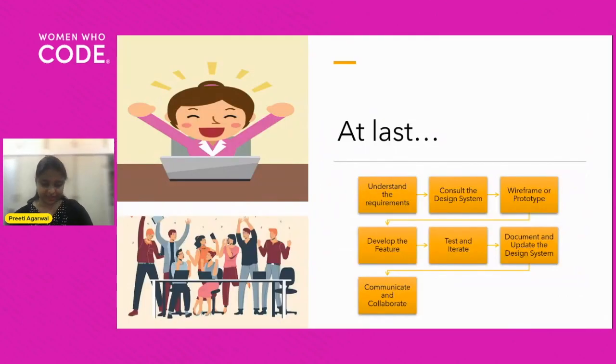Now I come back to my story, that the team did all these that I have told you so far about design systems, and they were so happy. The team was very happy. The users were very happy because at last they achieved what they wanted, and their typical flow of developing a product did not look like what they had earlier. Now they start the same as previous. They start with